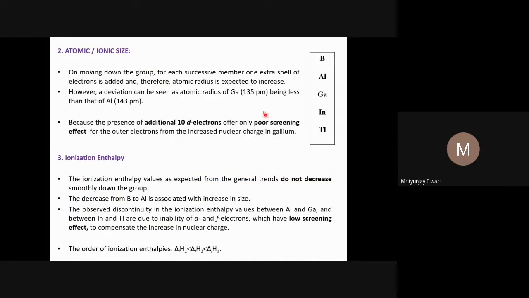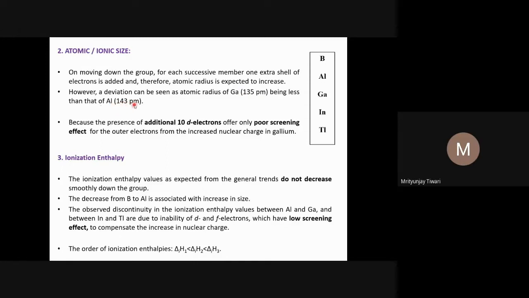So now the atomic size, I am just repeating it because these are important points. Atomic size, when we go down the period, usually what we have read in the periodic trend, that atomic radius increases. Generally, it increases as you go down the group. However, we see one exception, one reversal between aluminium and gallium. Gallium's atomic radius is smaller than aluminium, and the numerical value you can see. Gallium is 135 picometer, means 1.35 angstrom, the atomic radius of gallium, and for aluminium it is 1.43 angstrom